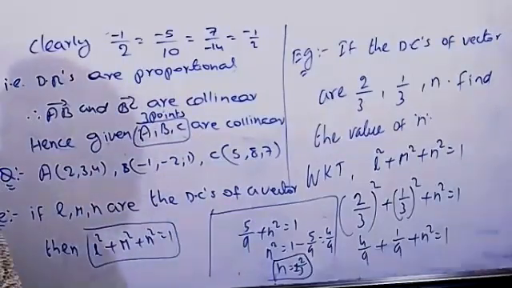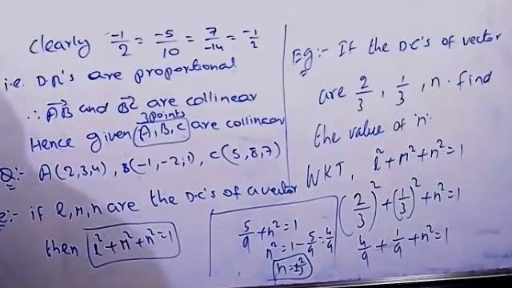It's more important. In our syllabus there is one side heading, that is the equation of a line passing through two points in space. I'll give the theorem to you in the next class. And one more thing is there: the vector and Cartesian equation of a line passing through a point with position vector A and parallel to another vector B. The two theorems are there. I'll give you those, and based on that, if possible, we will do a few more questions.